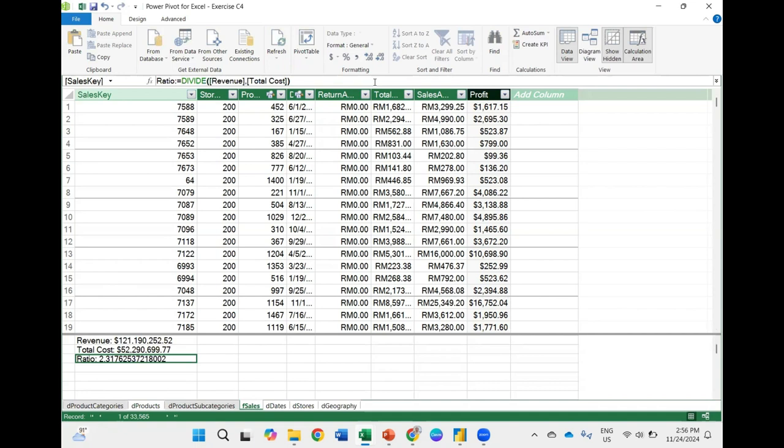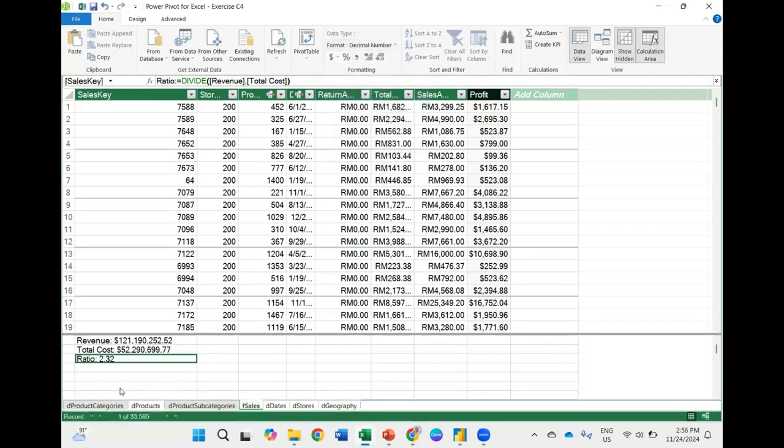You can check the data type. Let's hide this. I want to change it to a decimal number, this decimal number ratio. Save and go back.